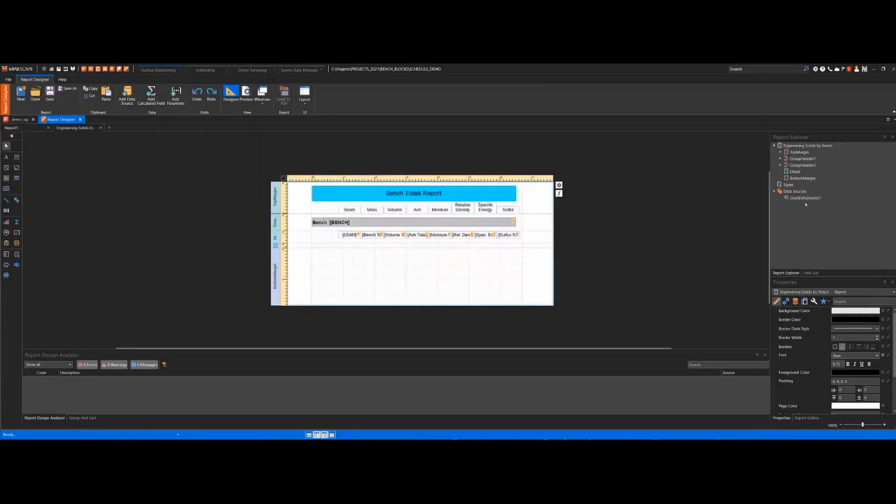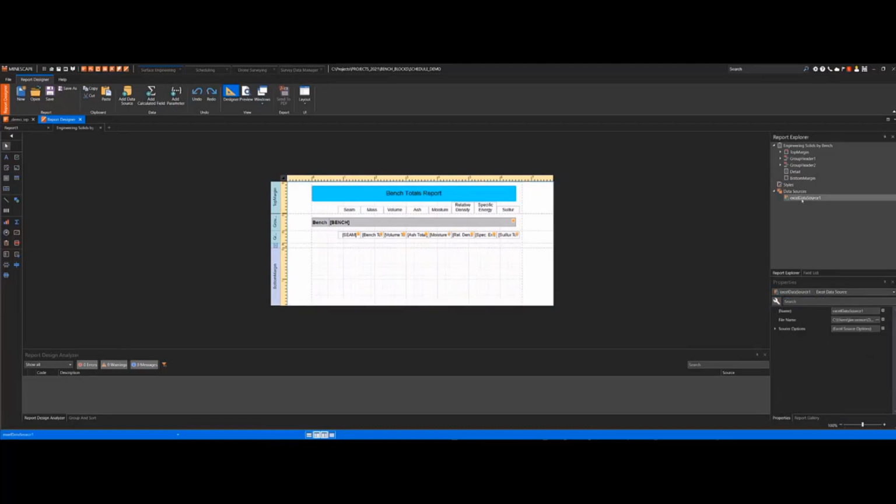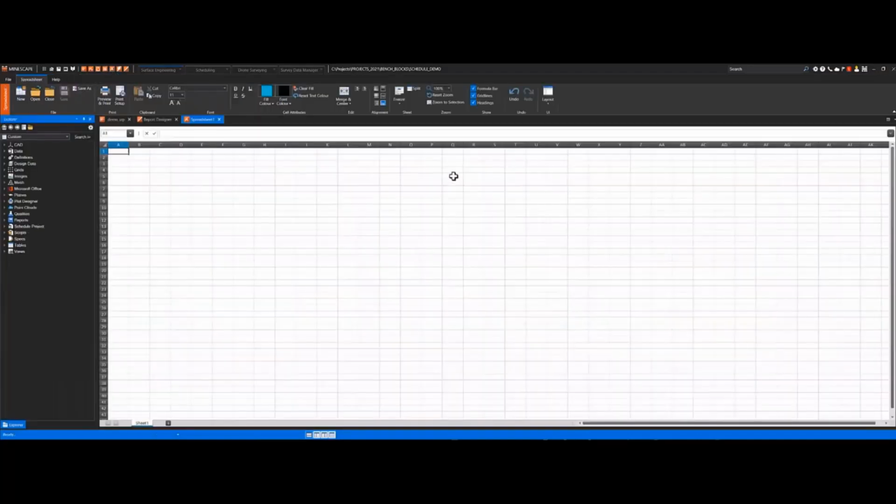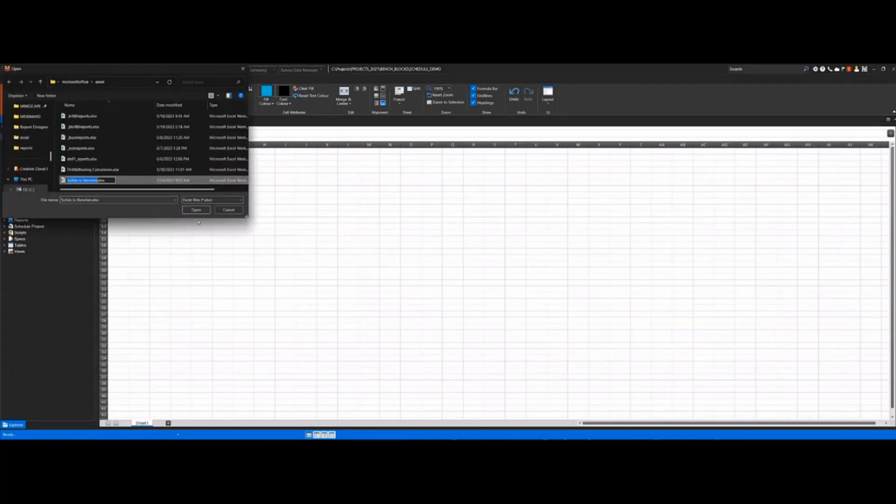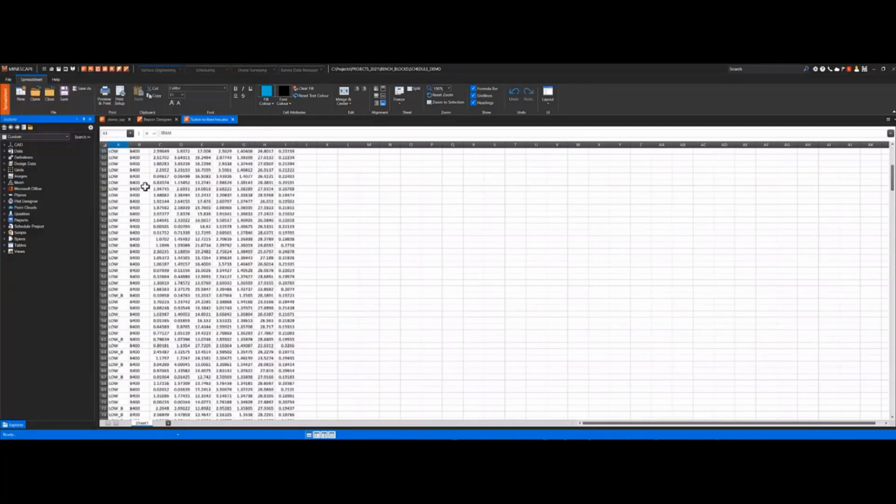You drag and drop from your Explorer over here to your designer, how you want your form, your report to look like. You assign the data source. In this case, it's an Excel data source, but it could very easily be a database. So I've brought in an Excel file. If I just open up Excel, I can show you that file, what it looks like. I'll just open it right quick. So this is the Excel file that we're going to summarize.